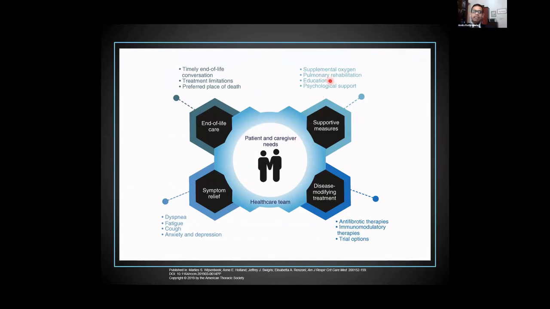That includes supplemental oxygen, pulmonary rehabilitation, education, and psychological support, and again discussing the side effects and the effects of the disease-modifying treatment, which include antifibrotic therapy, immunomodulatory therapy, or if possible, going for a clinical trial. And symptom relief is very important because none of these disease-modifying agents, like antifibrotics, affect your symptoms. Therefore, you separately have to manage their symptoms of shortness of breath, fatigue, cough, and anxiety and depression is very important. And timely, we should discuss end-of-life care and the treatment limitations, as well as